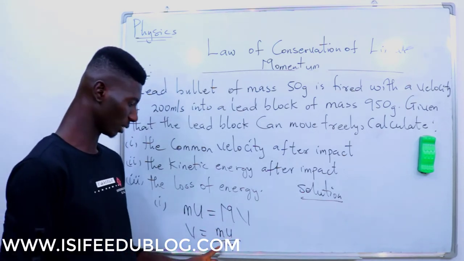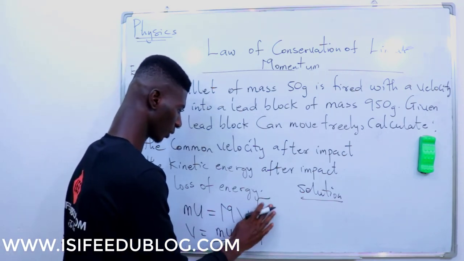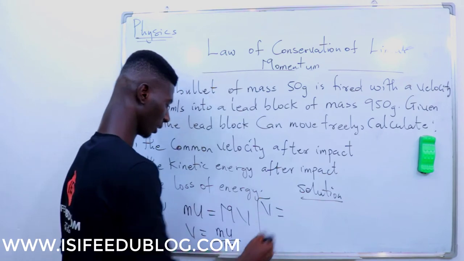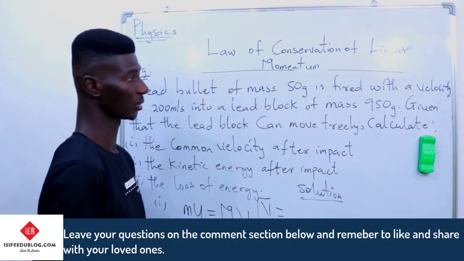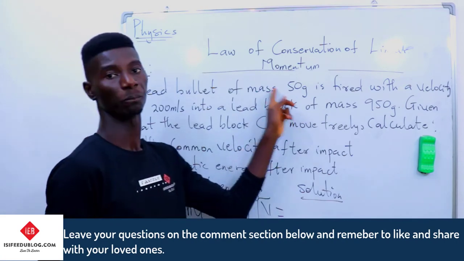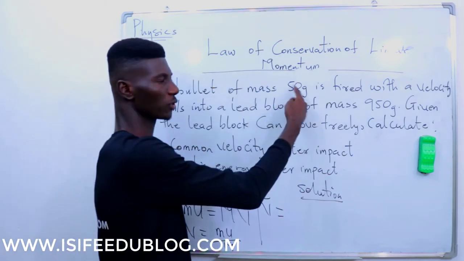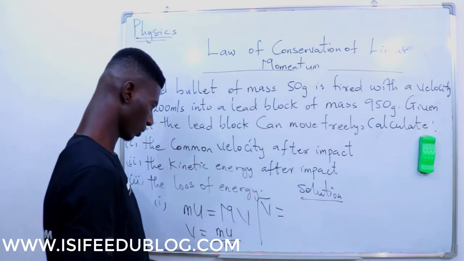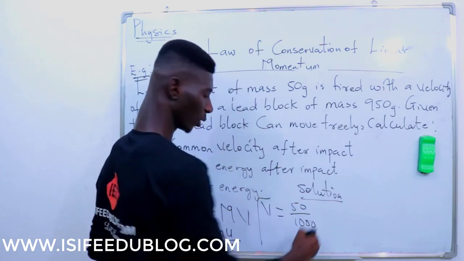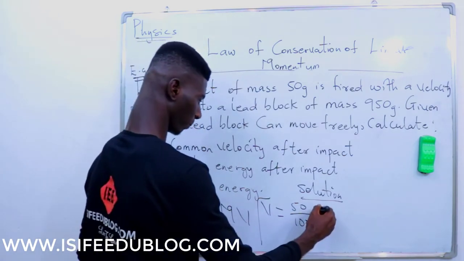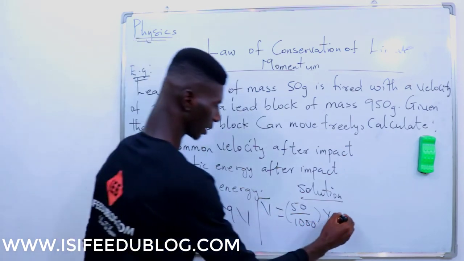Mu, small mu, divided by capital M. Now what will this give us? That V, which is the common velocity, is equal to the mass of the bullet, which is 50 grams. Before we solve this, momentum deals with kilograms, not grams, so we have to convert this by dividing by 1000. So we have 50 over 1000, converted from grams, times the velocity of the bullet, which is 200 meters per second,